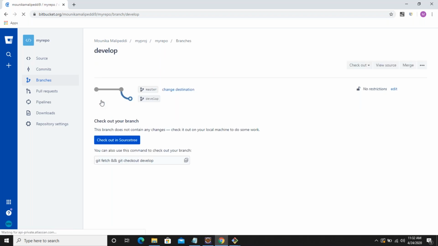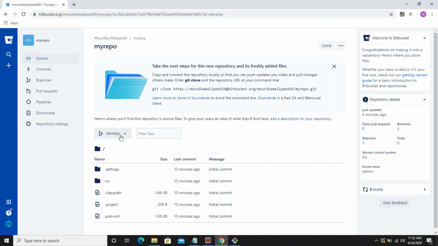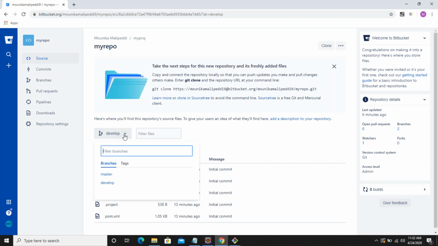I will go to develop branch, and in the develop branch I would like to say view source. So now it is the source of develop branch. If you click on this drop down, you can see master also.